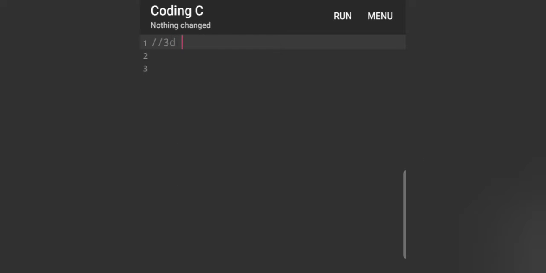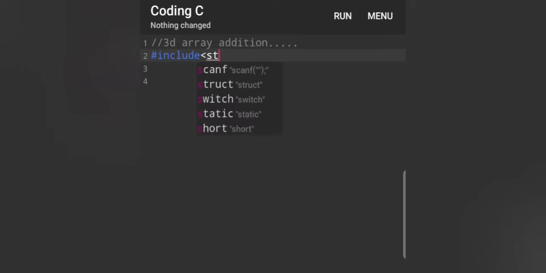Now we can start with our second question, which is to add the 3D arrays. In this case we will be declaring 3 arrays. As usual, we will start our code with #include <stdio.h>. Then we will write #include <conio.h>. Then we will write void main(), and then we will be making use of opening curly braces to start our program. Our 3 arrays will be of integer data type.